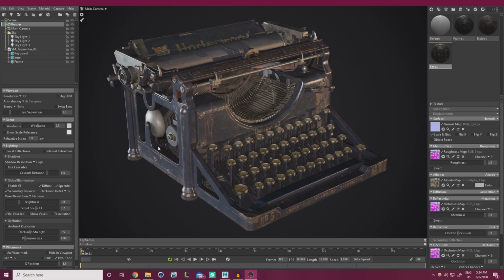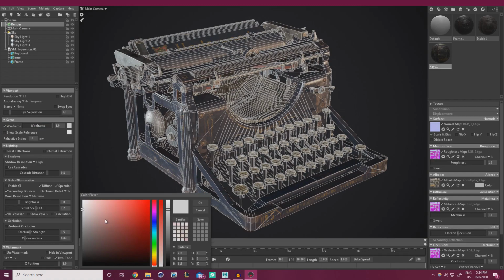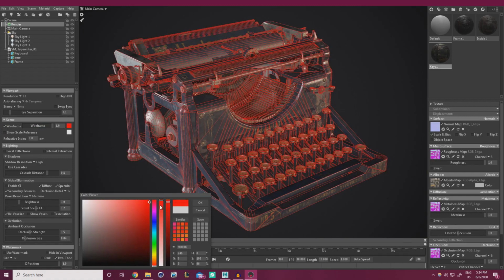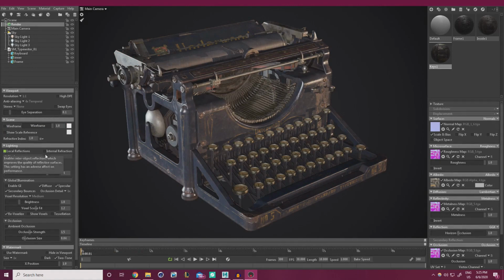Anti-aliasing, keep it on. It's just going to make things a little bit smoother. Wireframe, if you want to do a wireframe render to show things off, gives you the opportunity to change the color of the wireframe as well. Pretty damn useful. Lighting, so we're going to be wanting to turn this stuff on. Local